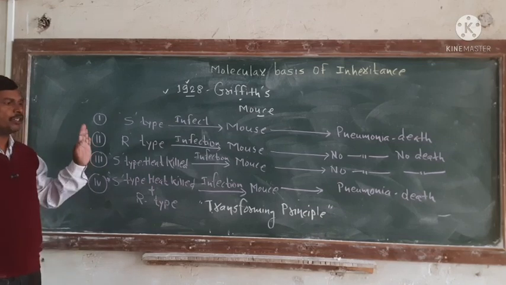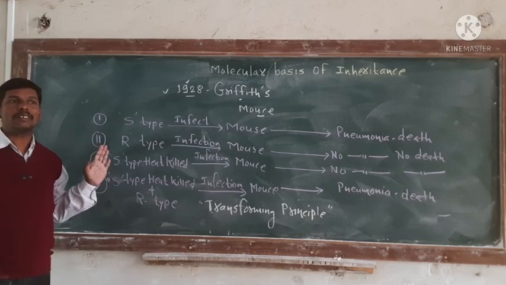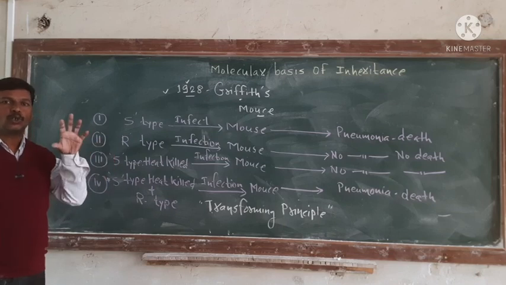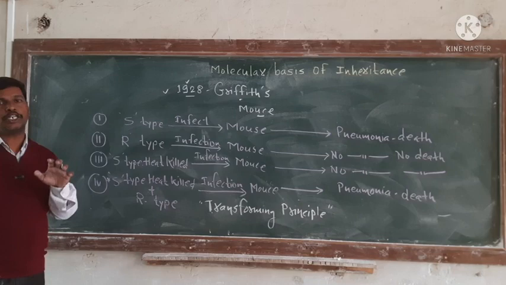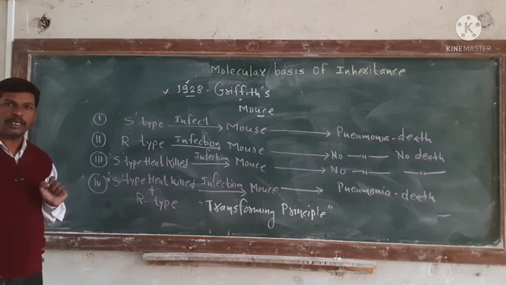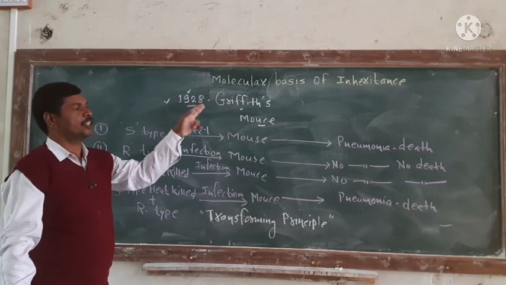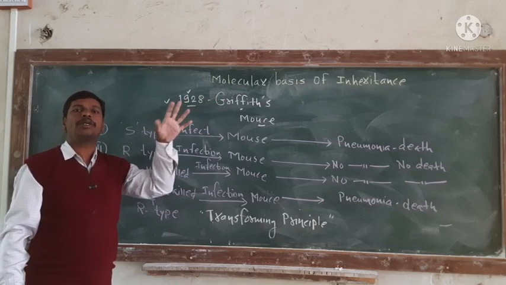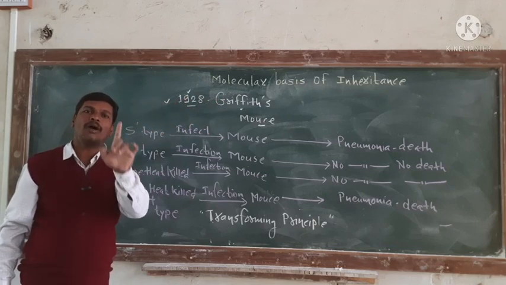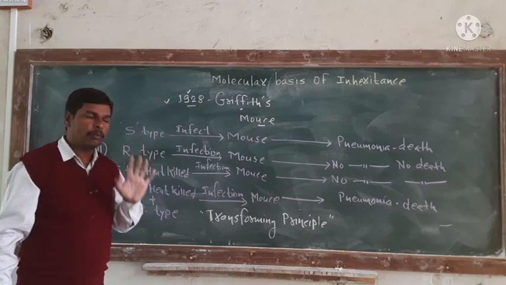Okay. Now this is in general the entire idea of Griffith's experiment, which was performed in the 1920s. Got it? This is the first step towards proving DNA as a genetic material. Clear idea? This is also the first experiment, performed by the scientist Griffith in 1928, relating to how DNA was detected as a genetic material.